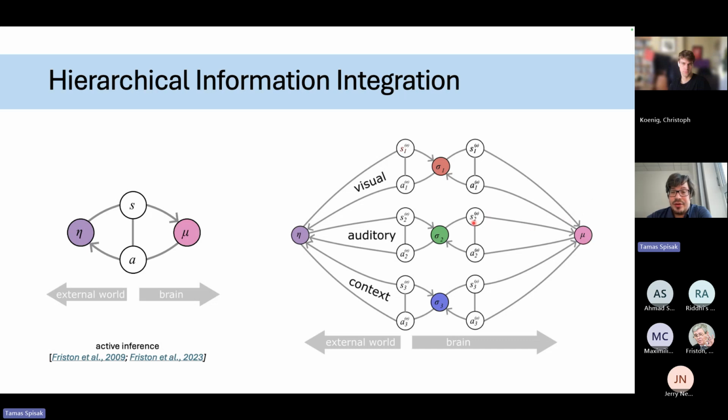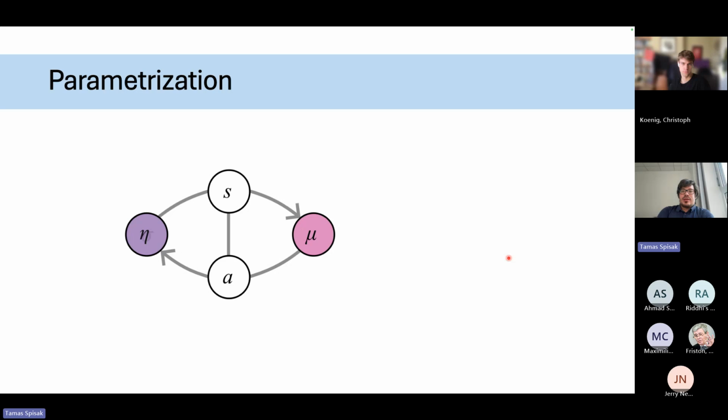What I hope to be able to clarify today is that this type of integrative computation, which I will formalize, and what happens in mu, has an intermediate relation to attractor dynamics. So I start from a simple and convenient parametrization of this system, where the integrator node mu is a Gaussian,